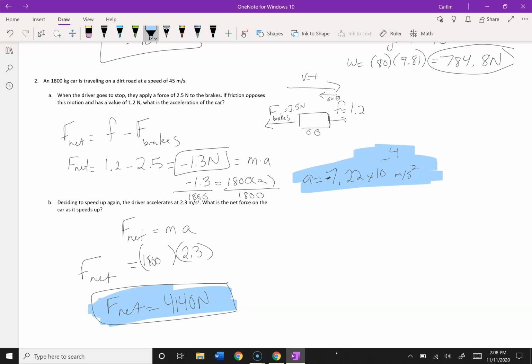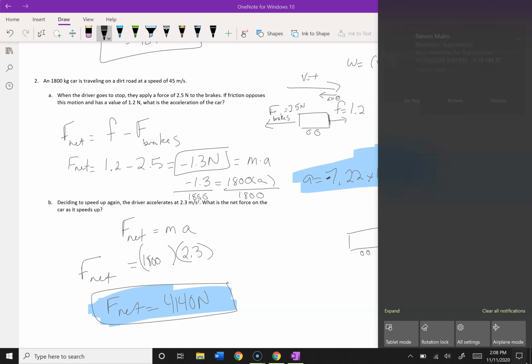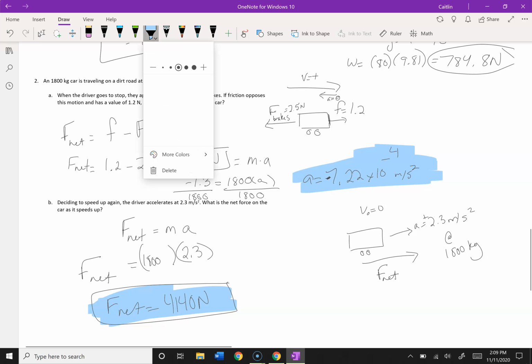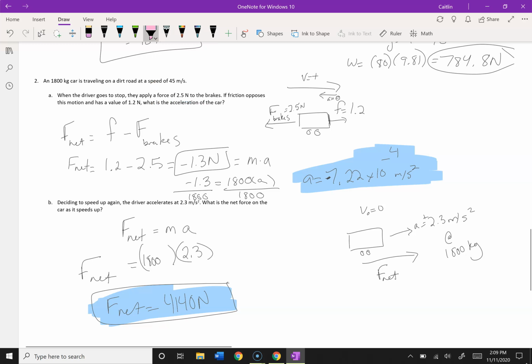The other thing we could have probably done with part B is draw ourselves a diagram again. We've got the car. We're going to assume it's at rest because the driver was slowing down in the last problem. So it's not moving quite yet. The question is what force has to get applied in order to get this thing moving with an acceleration of 2.3 meters per second squared if it weighs 1800 kilograms. Okay, so just kind of keeping in mind that this is all the information we were given. Want to make sure that we're identifying our information as we're using it,